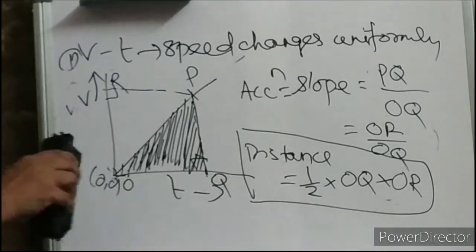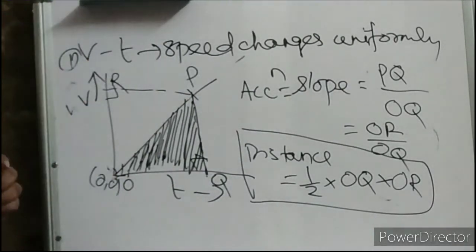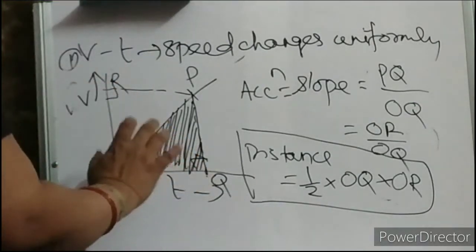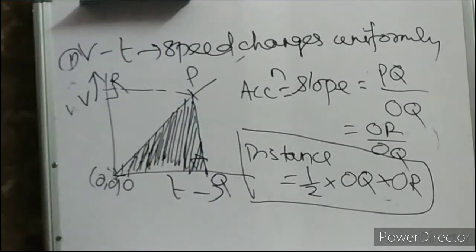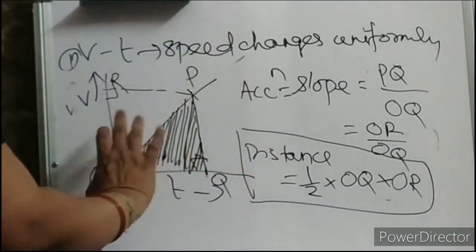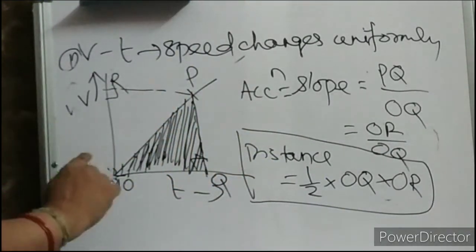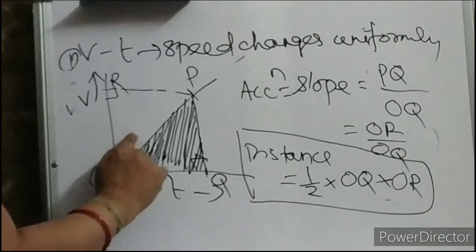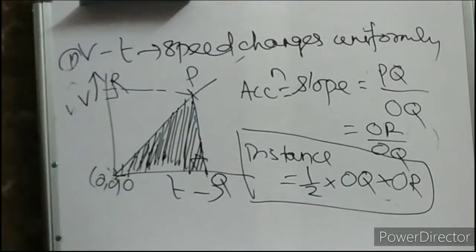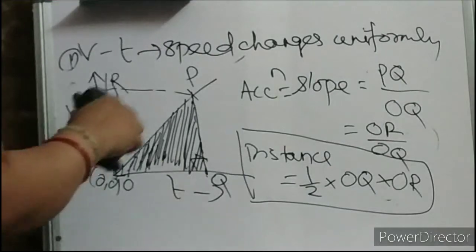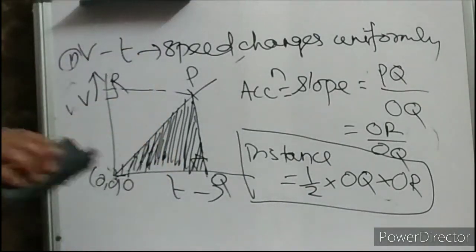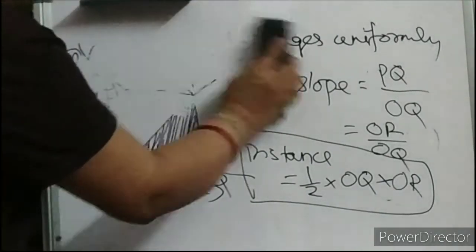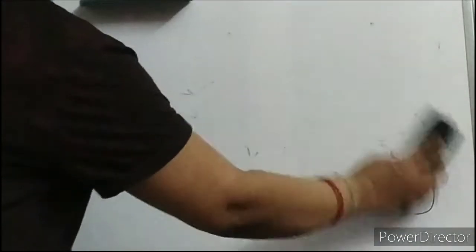Okay. So this is the graph for uniform acceleration. This is a VT graph in the case of uniform acceleration. We are getting acceleration from this VT curve. That means your velocity is uniformly increasing. But when velocity or speed uniformly decreases, then what will happen? Then what is the VT graph? Just tell me.